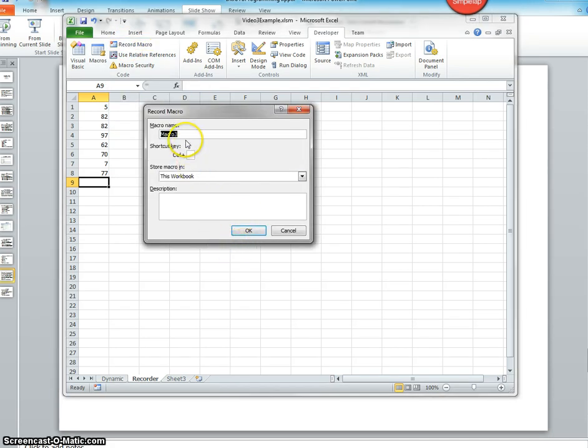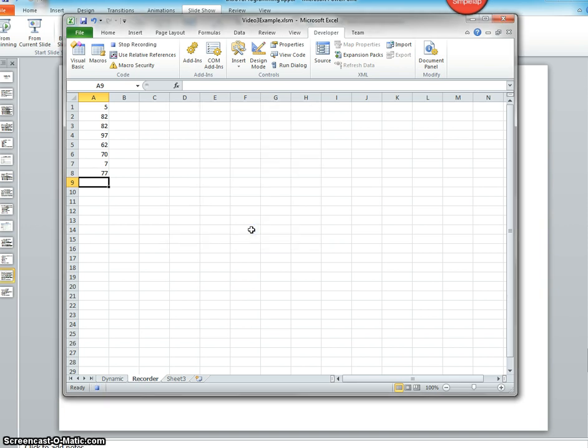It'll ask us what name we want to give it, and I think Macro 1 is a good name. I think that's all we need to do there. And from now on, any keystroke or mouse click is going to be recorded by the macro recorder. So what I want to do is create a sum formula in cell A9 that'll add up that column. So the way I would do it is I highlight the whole column,